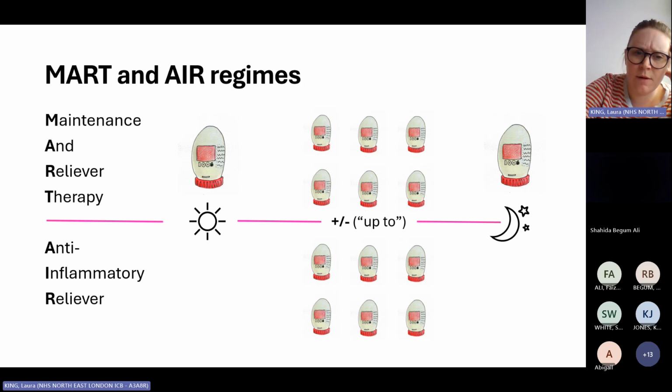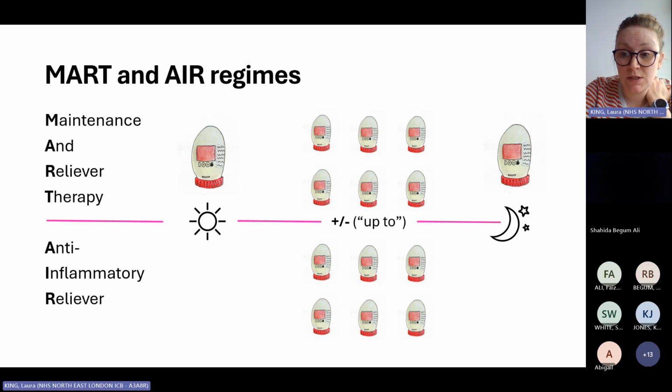If you just think about the benefits of MART and AIR, one of the things that can be quite helpful is that this may be quite variable. Quite often when we look at risk in young people with asthma, we're totting up salbutamol use versus whatever preventer they're on. With this one, with a Turbohaler, for example, you have a dose counter. We know exactly how many doses somebody should be using, or how often they should be using a device if they are adhering to their preventer regime.